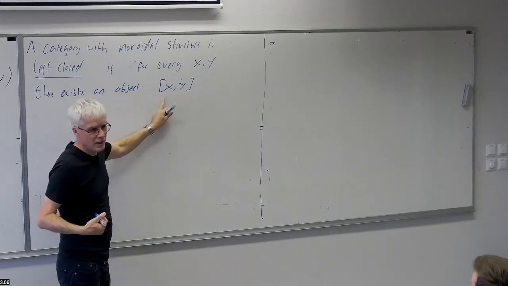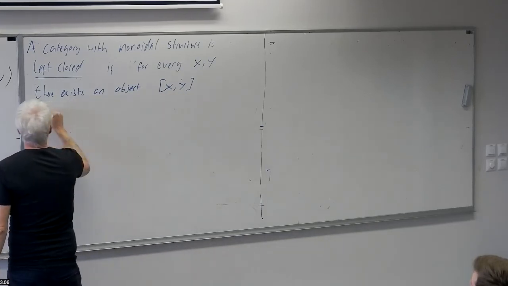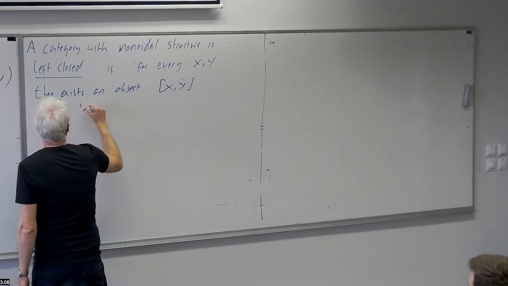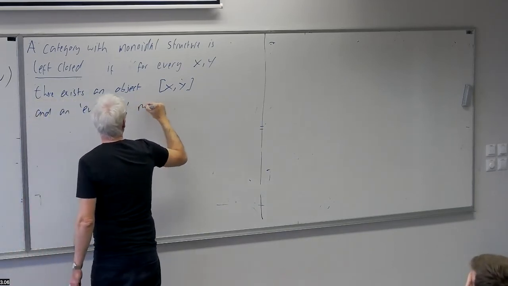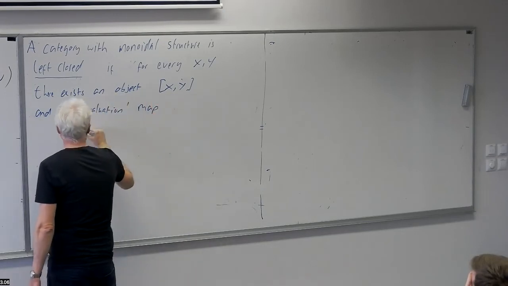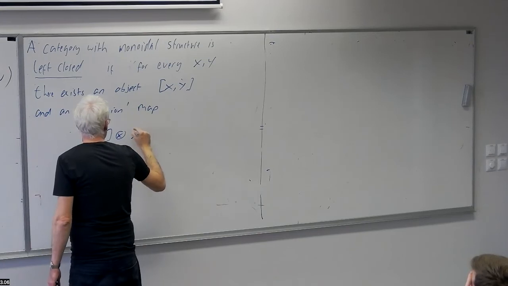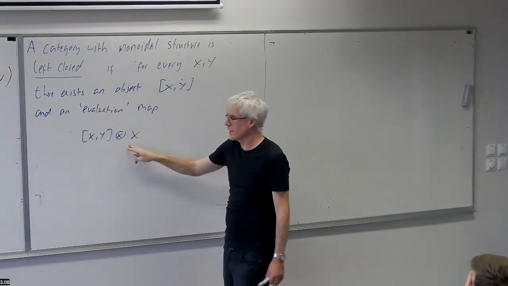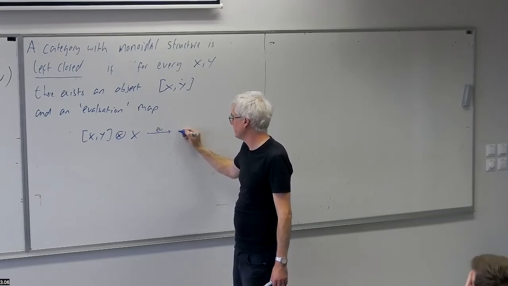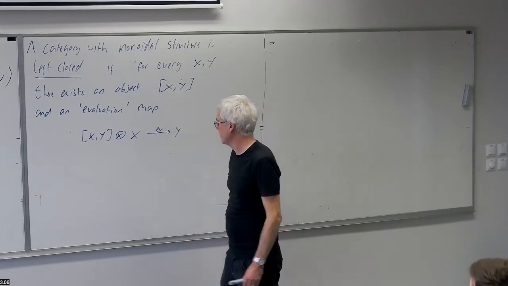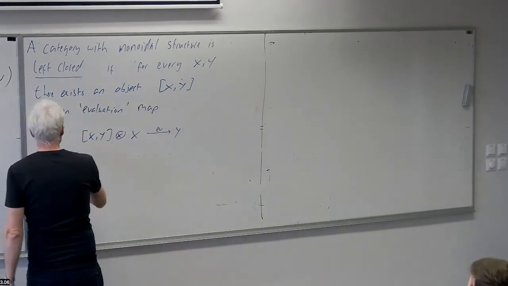And an evaluation map. Evaluation is just a name here, a map that goes from this object tensor x to y. The point is we think of this as taking a function together with an argument and evaluating the function by applying it to its argument. So that's going to give us an object of y, such that